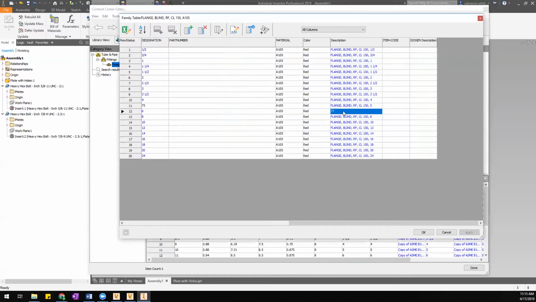Maybe I'll make something longer so it's easier to see. There we go. All right, now that's easier to see. You can see that's actually black text instead of blue. That's indicating to me that that's actually been overwritten and is no longer being controlled by the formula. But I can restore that back to be driven by the formula by hitting delete, and then it clears out that override and restores it back to being controlled by